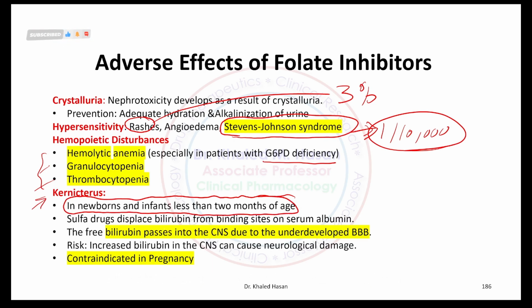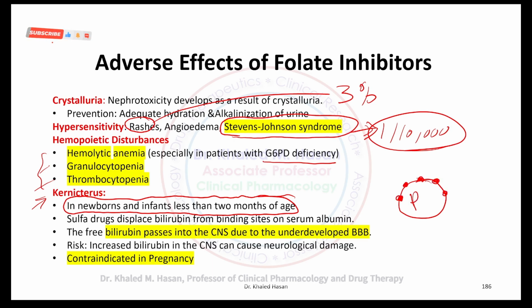Kernicterus is related to an increased bilirubin level in the brain. What happens there? We have protein, and we have bilirubin binding to the protein. So this is the normal situation in the blood of the neonate and newborn. When you prescribe sulfonamide